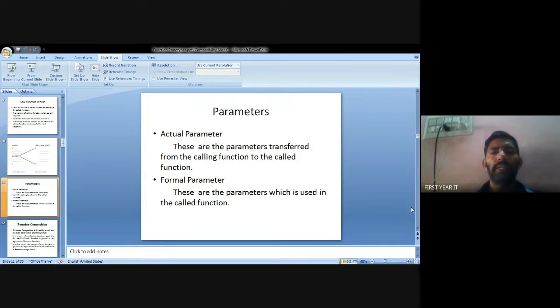The actual parameter is what we pass when we call the function from inside the main function. The formal parameter is in the called function, that is the sub function. So the actual parameter is only for calling from the main function. You have declared the parameter inside the main function, that is the actual parameter. In the called sub function, that represents the formal parameters, passing the formal parameters.